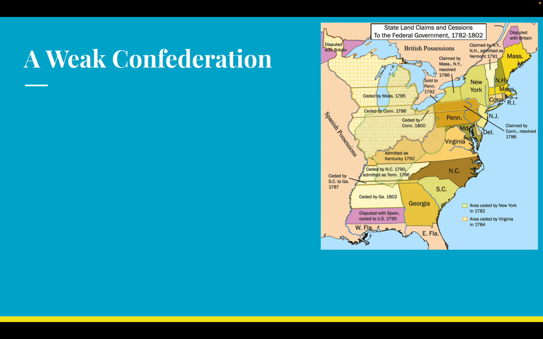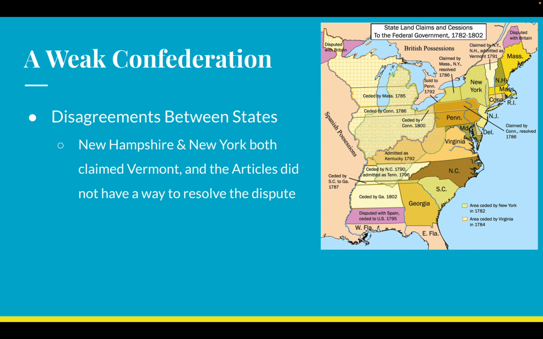So that was the strengths and weaknesses. Now let's talk about what it looks like in practice. We've talked conceptually like, hey, some of this stuff might not be so great. Let's talk about what it actually looks like in real life. And the first thing we're going to deal with is a bunch of different states having disagreements. As you can see, this map is a mess.